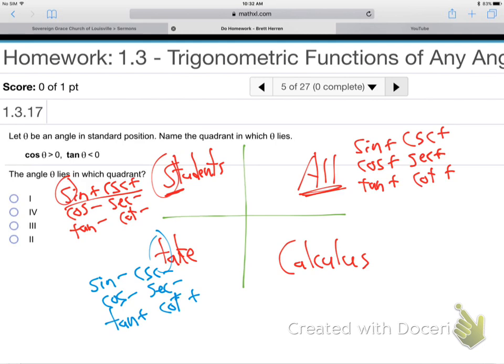And finally, what do you think the C stands for? Cosine. Only cosine is positive. And of course his upside down, secant. The other 4 are negative. Sine and tangent are negative. They're upside downs, of course. There we go. There's how, it's an easy way to memorize the signs of the 6 trig functions in the